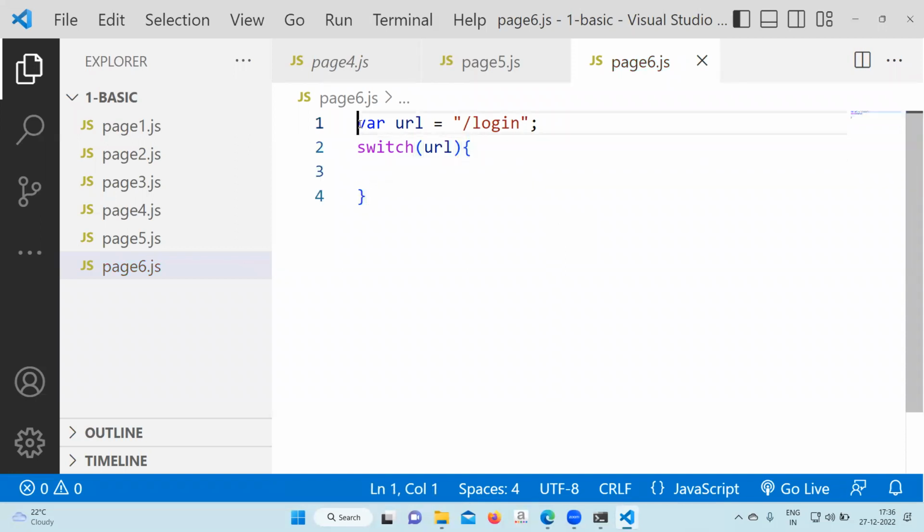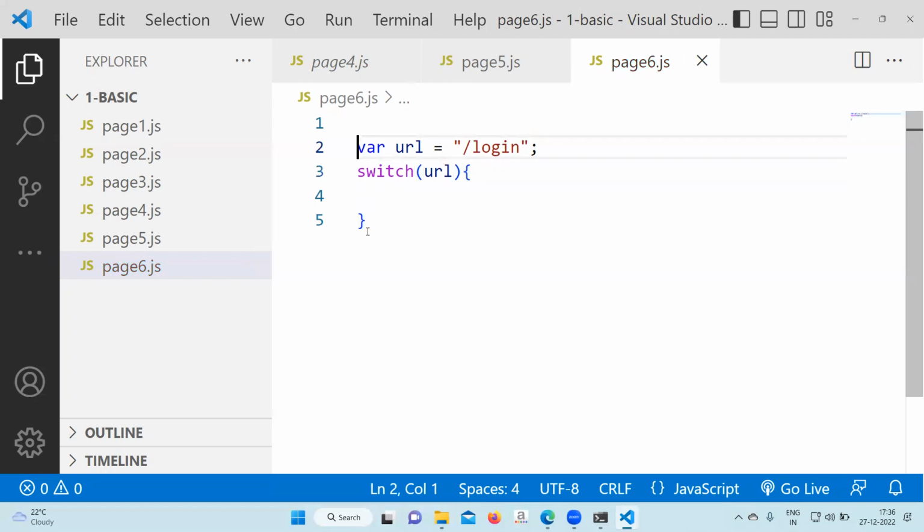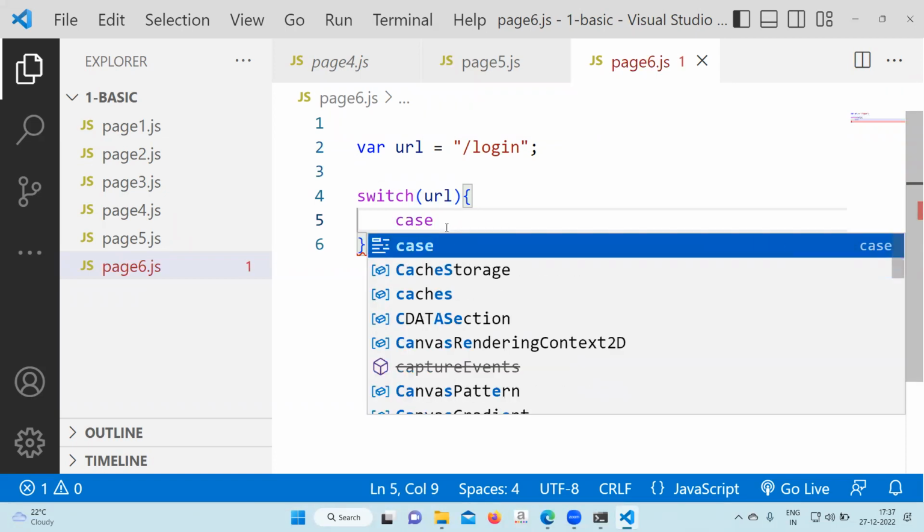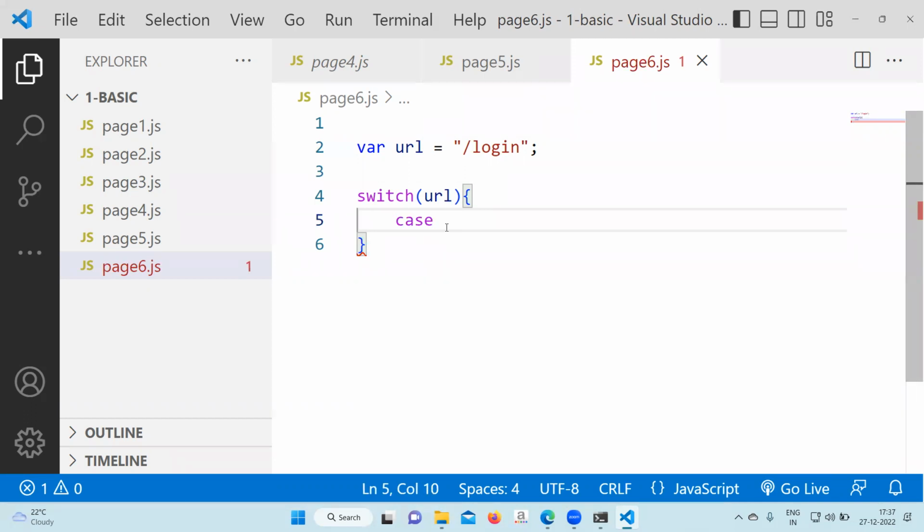Now switch has its own structure. What is that? It has one called case. Case is nothing but if. Inside the case, you are going to check whether it is